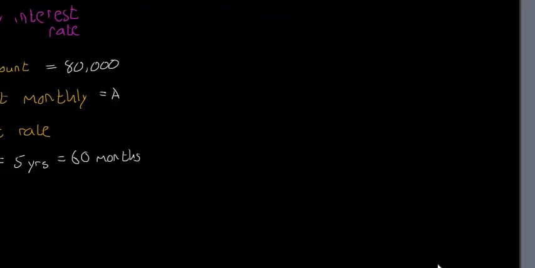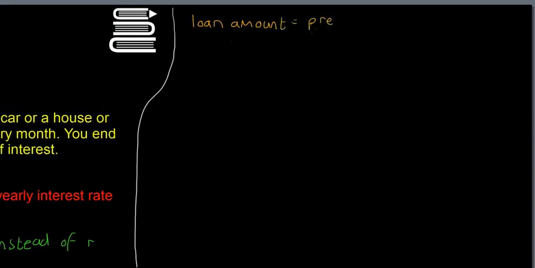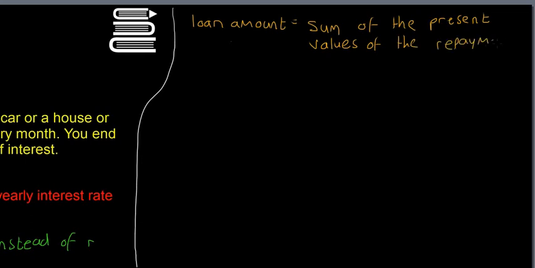All right, so let's go over up here. So the way you do it with sequences and series is that you say the loan amount is equal to the, no, not the present, it's the sum. So the loan amount is equal to the sum of the present values of the repayments. Okay, so that doesn't really mean very much, so I'll write it down. It's hard to understand what it means in the sentence, but it means, I'll change color as well, that the